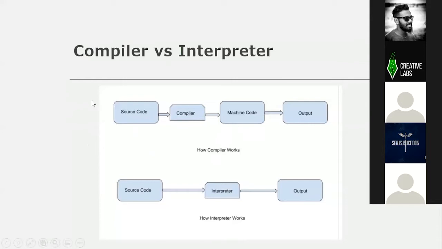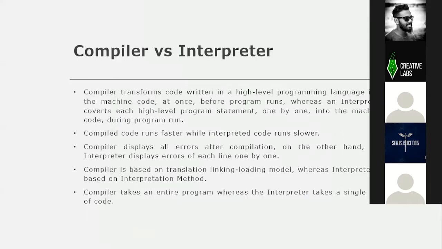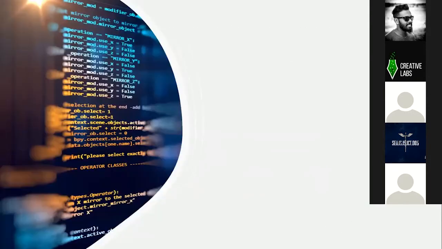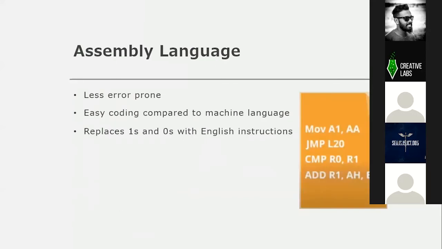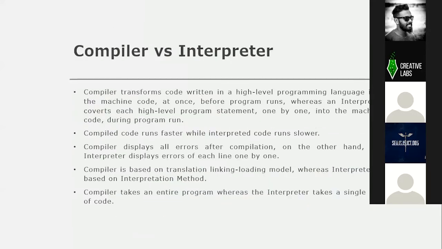So this is some visualization of compiler and interpreter. With the source code, when we do the interpretation, it gives the output directly. But for the compiler, the source code should be compiled and converted to machine code, and then it will be output after that. So basically that's how the compiler and interpreter work, right? All right, so that is kind of an introduction about programming, how these languages are classified and how interpretation and compilation is done.